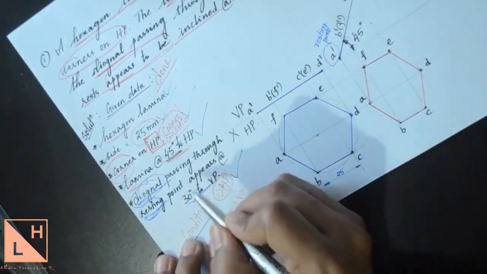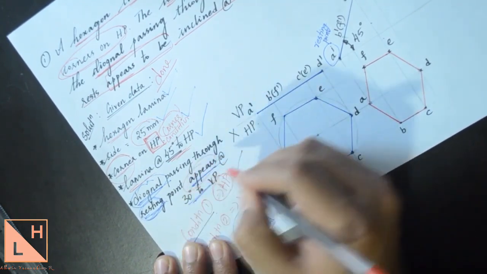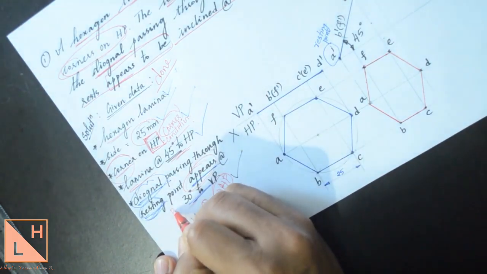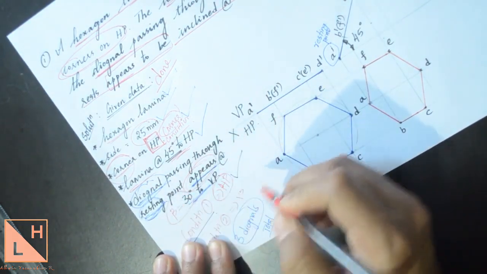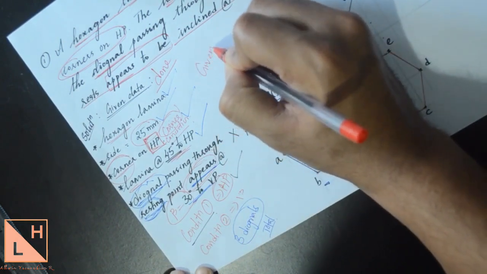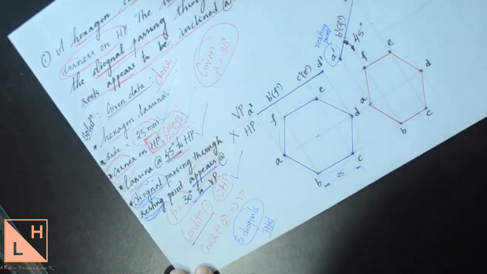We are supposed to refer to the second position. Since the word appears to be given, the given angle itself is the apparent angle, that is 30 degrees. The apparent angle in top view will be written as beta. So in this problem there is no need to find or calculate beta. It is already given in the problem as 30 degrees.